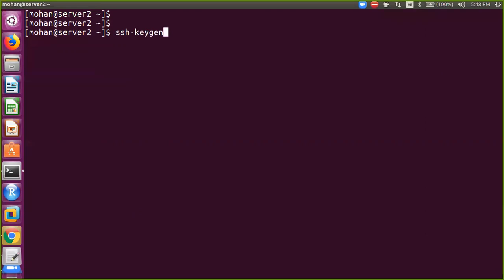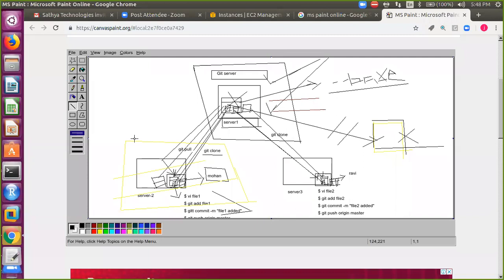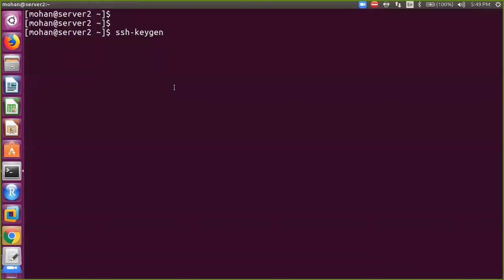I am entering ssh-keygen because from server 2 I want to connect to server 1's git user account. From user Mohan, I want to connect to my remote repository, which is under user account git, right?